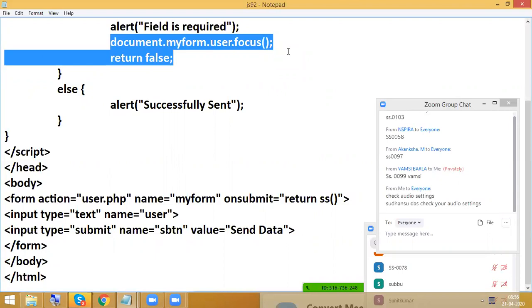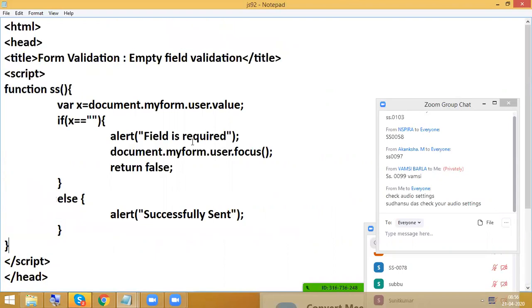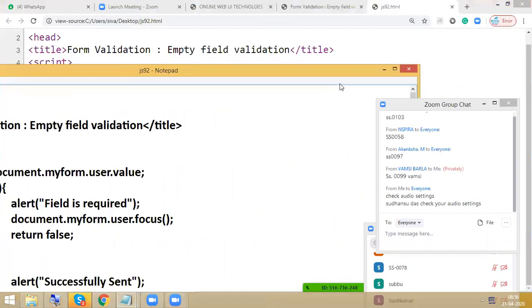And also, again I'm repeating, of course, whenever pure JavaScript is available, this form validation is very, very important, okay. But nowadays no one is writing JavaScript, even no one is writing jQuery also. So directly we are using Angular. Whenever you are having Angular or React JS in your resume, then only you are going to get the job. Then only they are going to call for jobs. Okay. Fine.